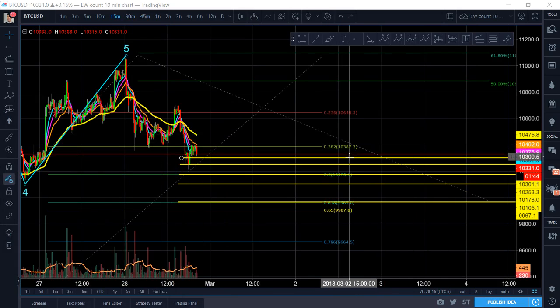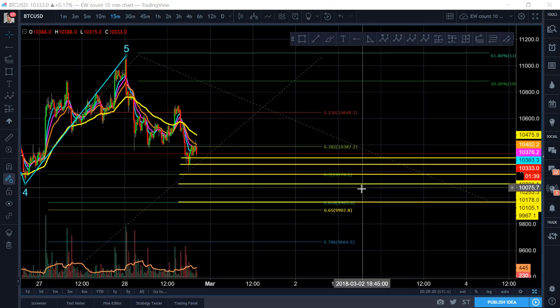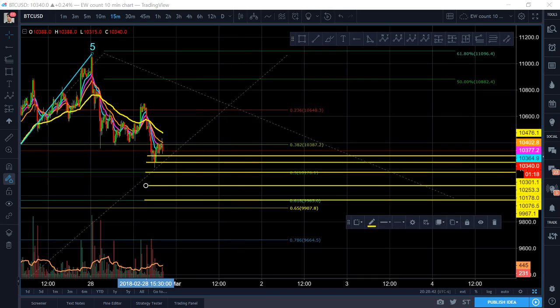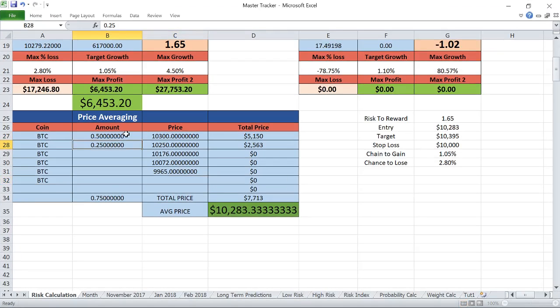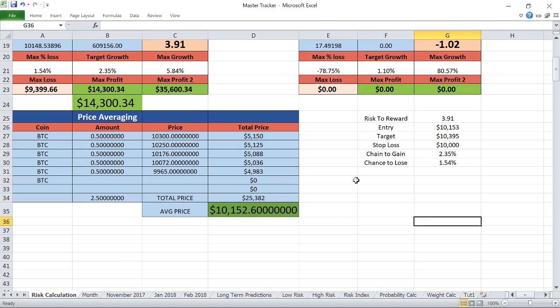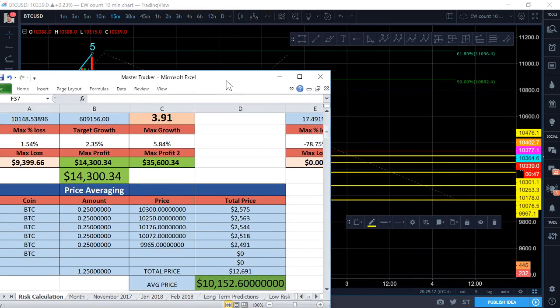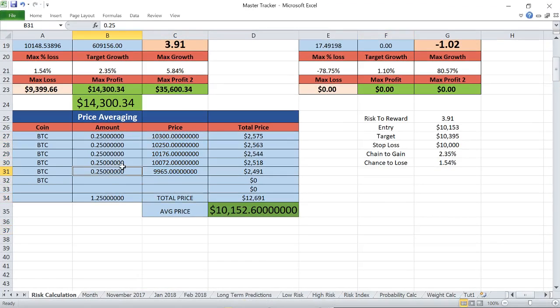So here we're going to choose our point at 10,300, which I entered, and then 10,250, and then I'm just going to write them all in actually. So it was 10,300, 10,050, 1,000 there, and this one was 76 actually. I'll choose right in the middle for this one, which will be 10,072, and the last one is 9965. Okay, so let's just say we're micro buying 0.5 Bitcoin each time, right? If we bought 0.5 Bitcoins each time and it fell to these levels, actually I'll make a more reasonable amount so a lot more people can relate to it. Let's say you're micro buying in these laddered lines that I drew for myself here, which is my intention. Okay, now once I actually get it all filled, 0.25 with all limit orders,